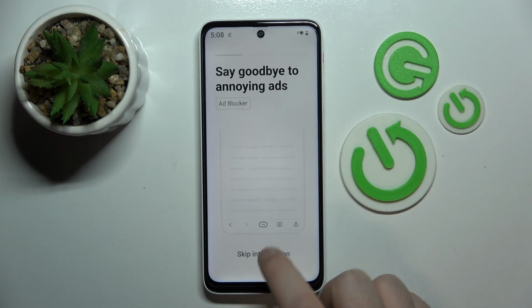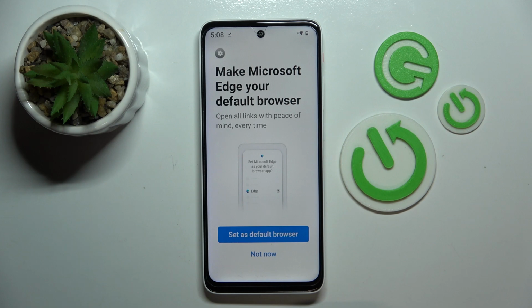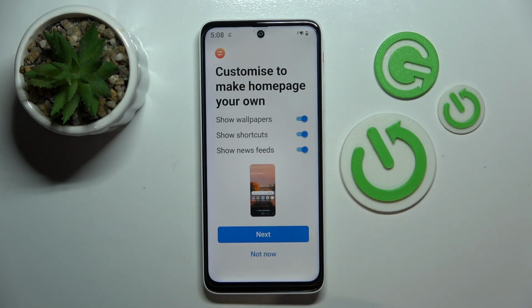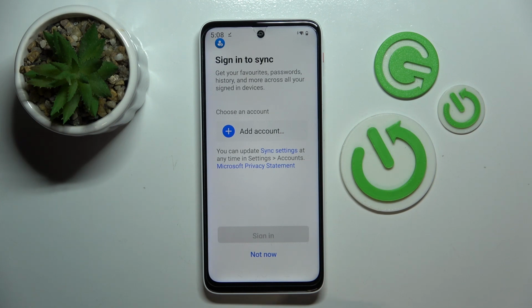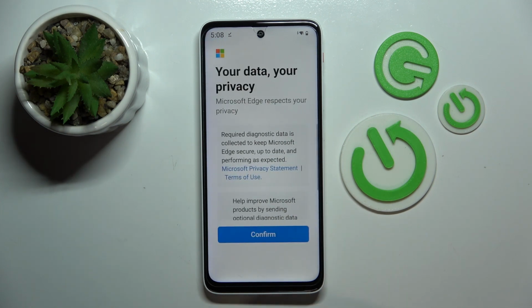And here you can click skip introduction. Now you can set this browser as your default browser, or you can click not now. Here you can customize your home page, or you can click not now. Now you can sign in to sync your data, or you can click not now, and here you have to